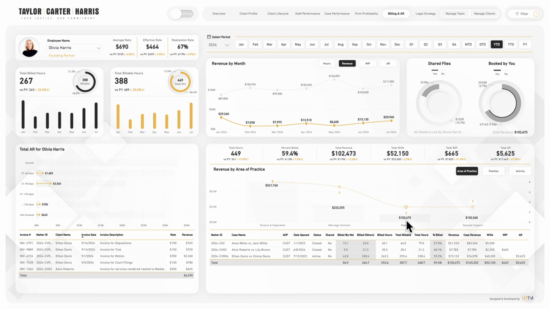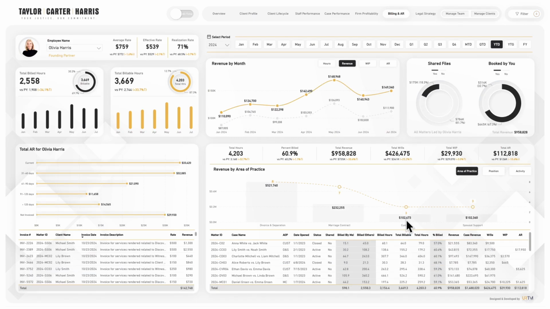The Billing and AR view offers a complete snapshot of key metrics, delivering insights on team performance, revenue, hours, and